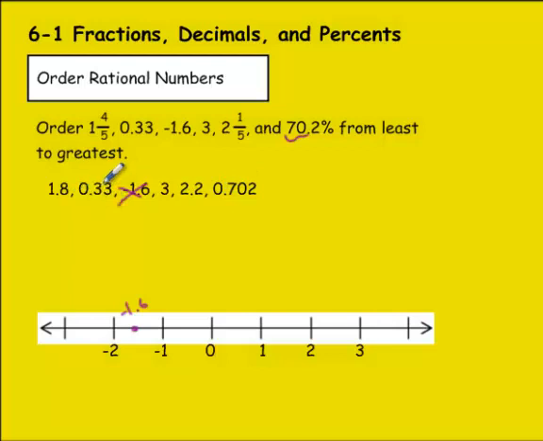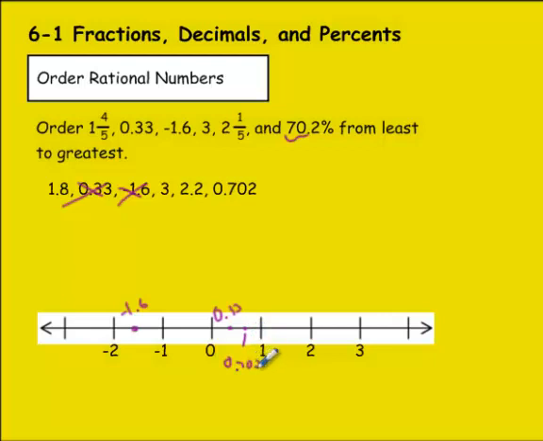I know that 3 is lower than 7. 0.33 is closer to 0 than it is to 1, so I'm going to put that closer to 0. So 0.33. The next one would be 0.7 then, 0.702. That's closer to 1 than it is to 0. So if you're going to draw this out, I'd draw my line